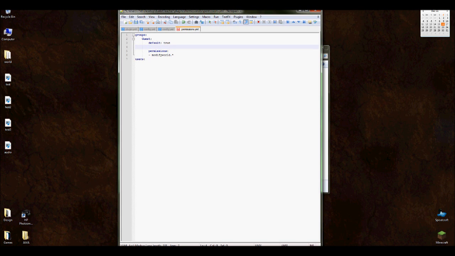One of them that's pretty important to servers is probably prefix. Now this will allow you to add a prefix before the Minecraft username. And to get this to work, you need to have two apostrophes, and then you want to put your prefix inside here. So I'm going to go ahead and type guest,